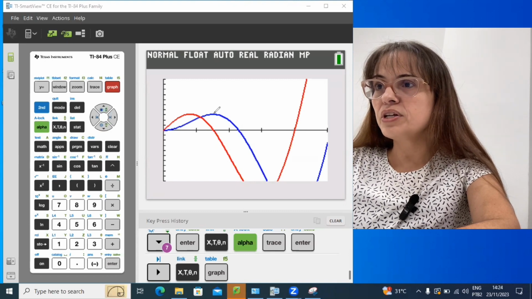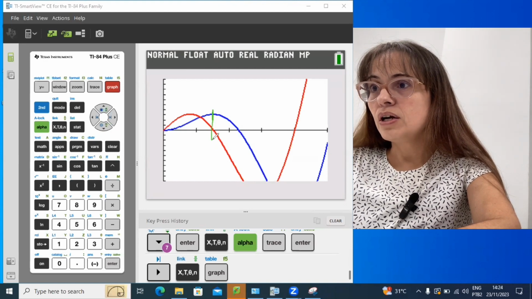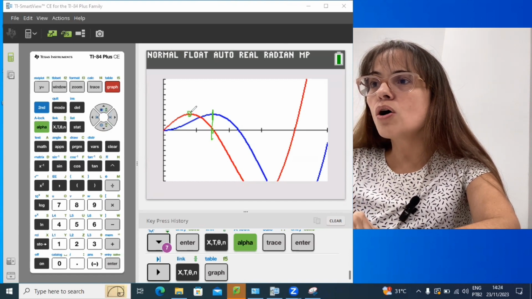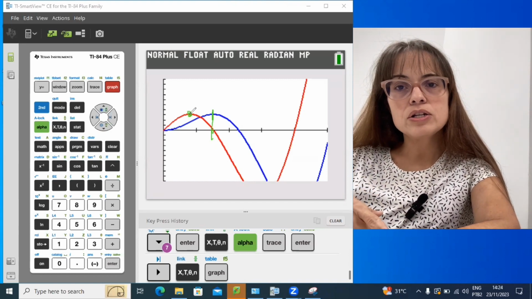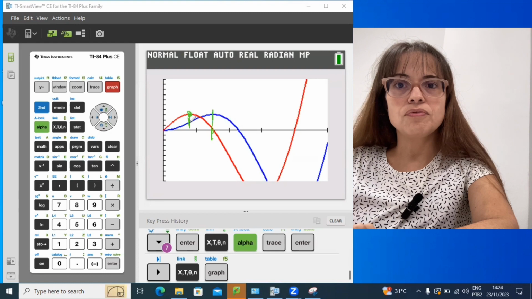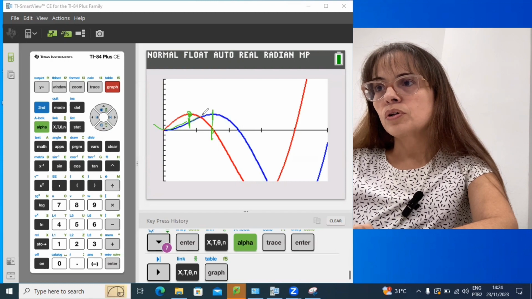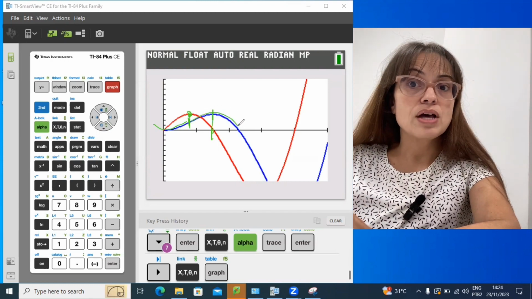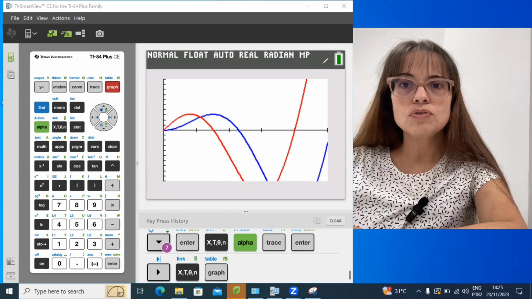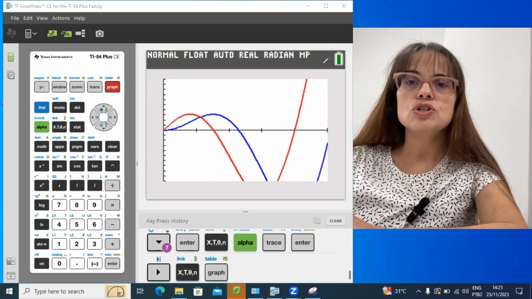So let's look at some key points. For example, the local maximum. The derivative should be 0. And there you go, the derivative is 0. So what else? The turning point of the derivative, that should match an inflection point of the original function. And yeah, that looks like an inflection point, right? You sort of see concavity up before here and concavity down after that. So the red one is the speed function. The blue one is the position function. Red is the speed function. But what I want is the acceleration at point